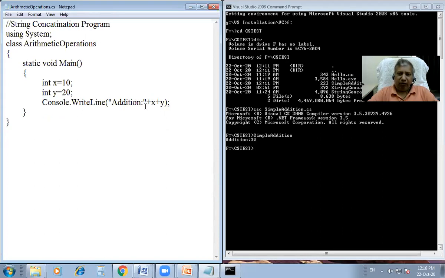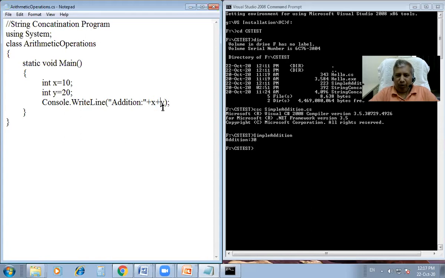But the priority of the operators is the same because we are using the same operator. So if it starts from the left-hand side, first it will concatenate like this, addition 10, and then the entire output is a string, and this string will concatenate with y, so it will be addition 1020.